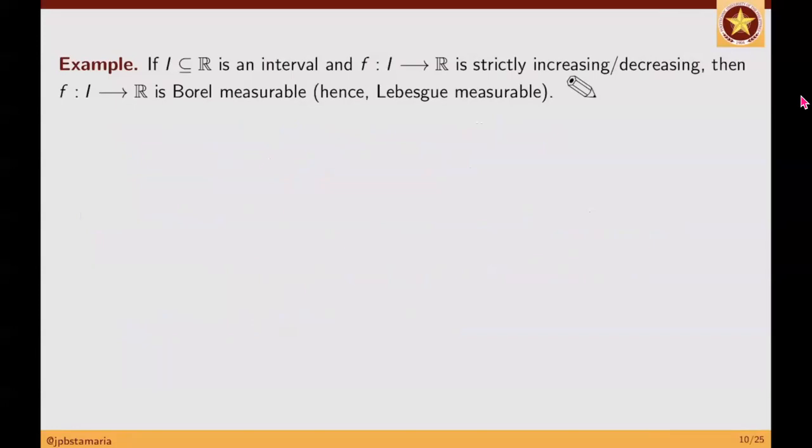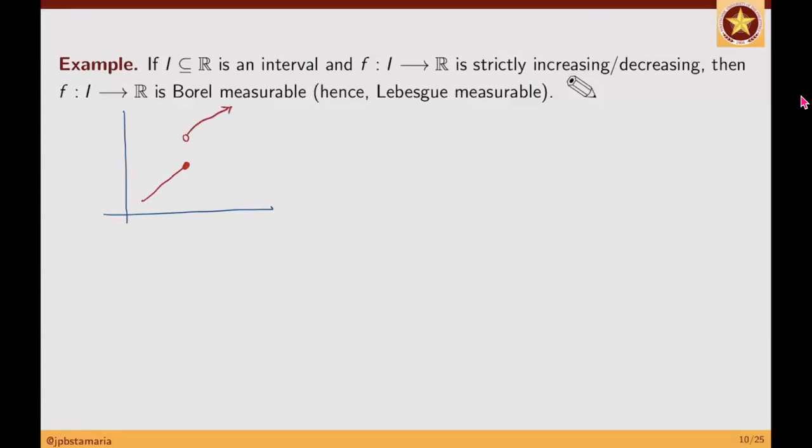Alright? Next. Now, the function need not be continuous at all for it to be Borel measurable. In fact, basta yung function strictly increasing kahit na putol-putol, okay, strictly decreasing, Borel measurable din siya. You know why? Sige nga, why? Anybody in the group knows the answer to this question? Bakit Borel measurable ang mga strictly increasing function? For example, let me draw a strictly increasing function. Kunwari, ganito siya. Ayan, katulad nito, may discontinuity.